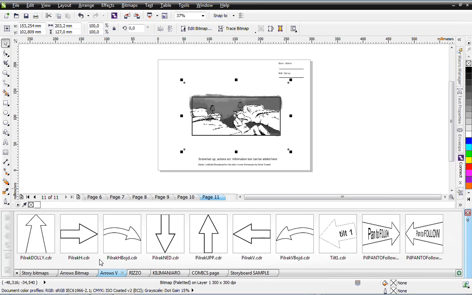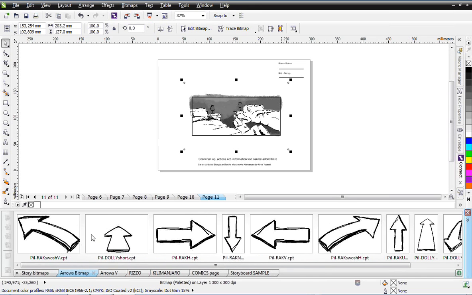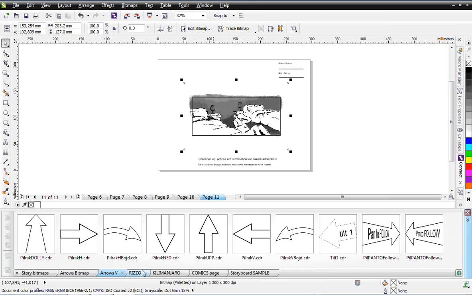And I can do them in vector style as well. That really depends on the style, if I like to have them hand drawn, so they follow the style of the drawings here, or if I make them in vector. And I can really recommend having a set of different symbols, like making frames and all this kind of stuff